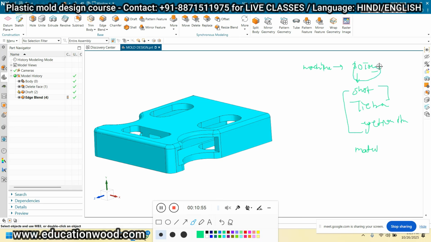So clamp, this is nothing but 30 ton. It means it is the clamping force, the maximum clamping force. Or we should have knowledge about the injection pressure, which is the minimum and the maximum, right? So we should have knowledge about that also. Okay, this is very important.